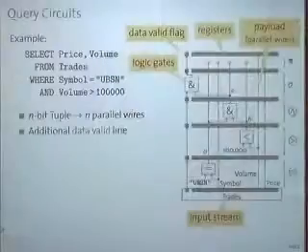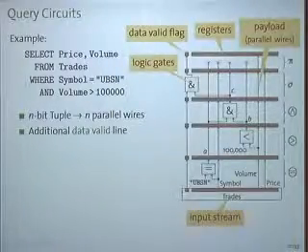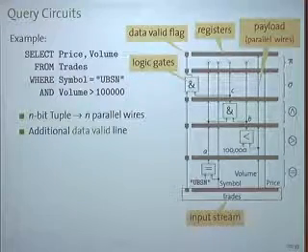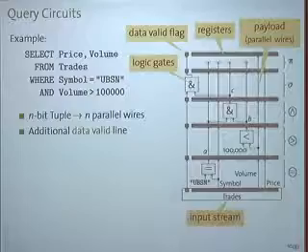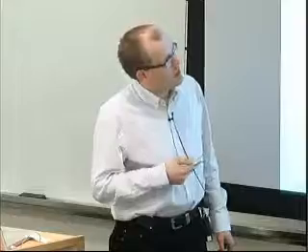So the data moves along this pipeline. Oh, the last step I forgot to mention: this one is selection, and the last step is projection. We're only interested in price and volume, so we're projecting away all other attributes we don't need. Projection is simple, we just don't connect those wires. What will happen is that the tool is smart enough to detect that these are dangling wires, so it can prune back the circuit all the way back to here and all the way back to here. This essentially gives us what database people call projection pushdown, and that's taken care of by the FPGA design tools.